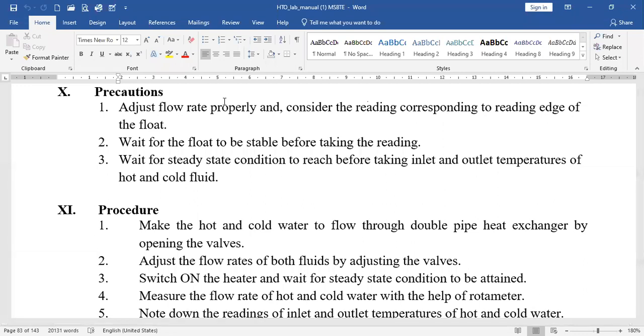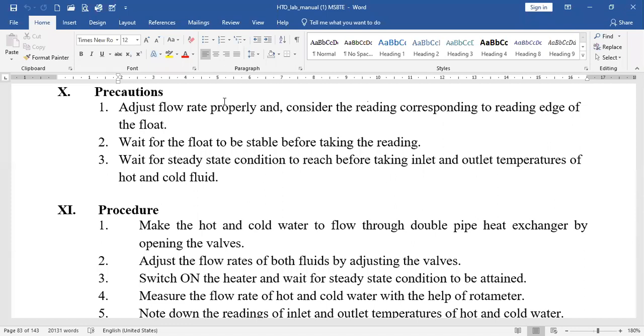After deciding a particular parameter, say for example 10 liters per minute, we have to adjust the rotameter accordingly, and we have to note down the readings of both the rotameters. Now we have fixed the flow rate of cold and